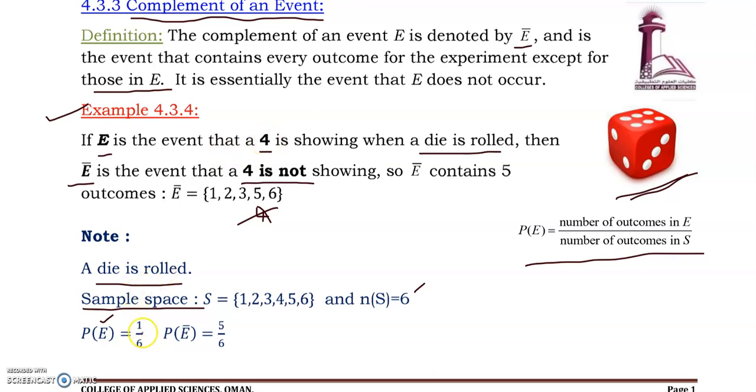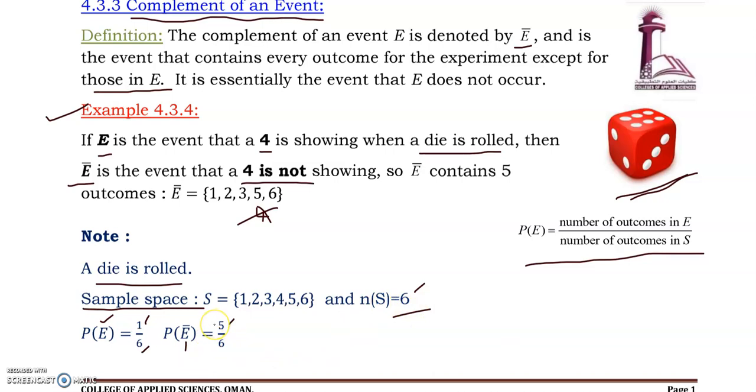So now I write here 1 divided by how many total outcomes in this experiment? That is 6. So you write here 6. So this 1 comes from how many outcomes in the event E? That is 1, divided by this 6, which is nothing but the number of elements in the sample space. Okay. Similarly, you can find probability of E complement, which is equal to how many elements in E complement. Here you see 1, 2, 3, 4, 5. Total elements in E complement is 5. That is here in the numerator, divided by 6. What is the 6? Number of elements in the sample space, that is 6.